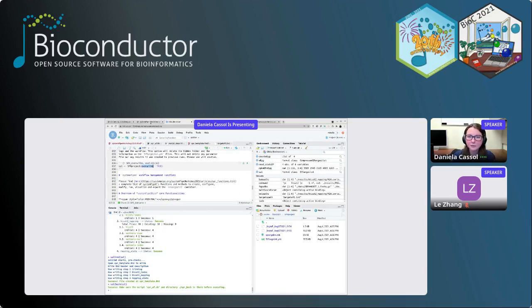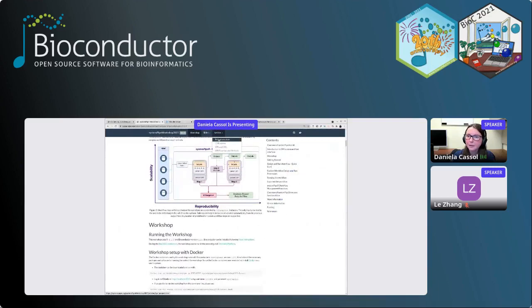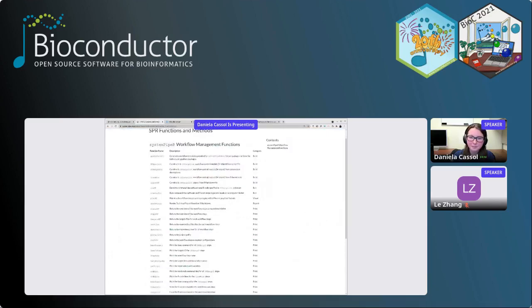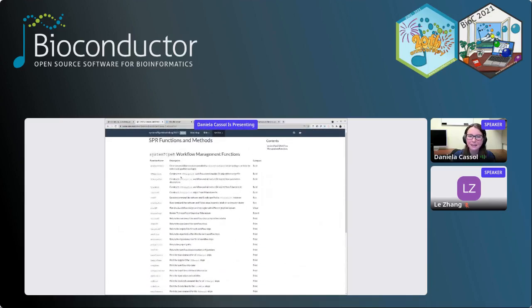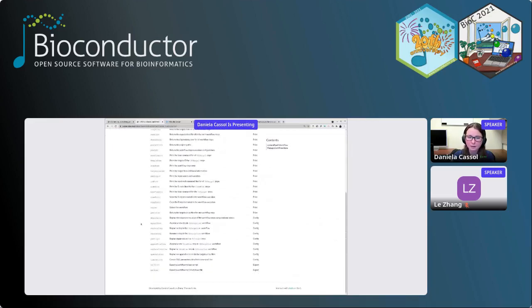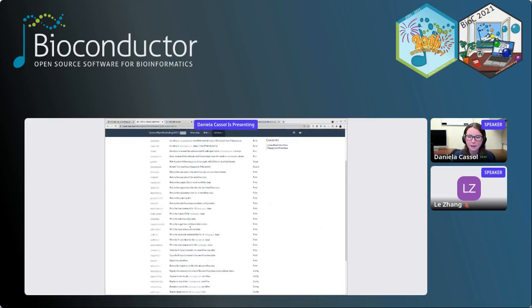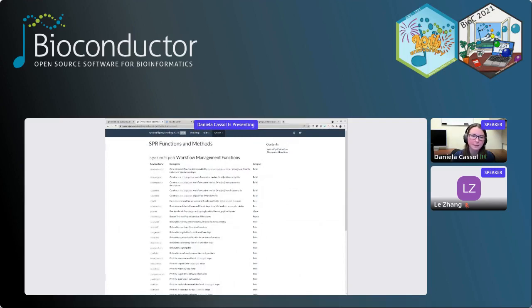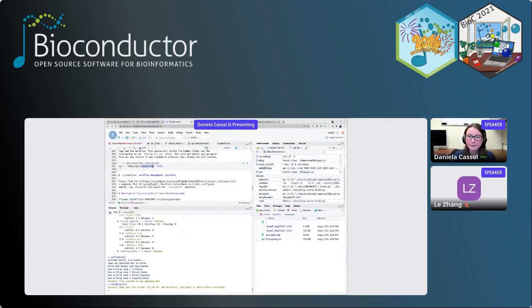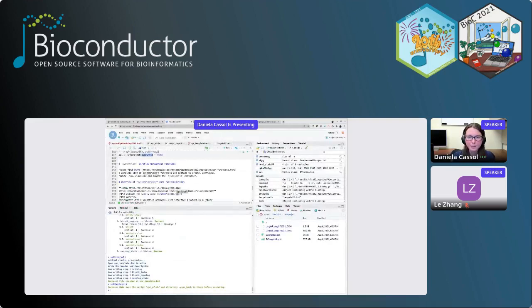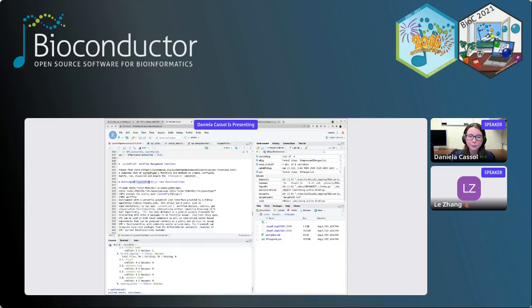Here I have a link to this page up here. So then you can see more information about the CWL syntax, the project structure, but also here you have a list of functions that interact with the SPR project object. You have a lot, not everything I could cover here because of the time, but you have a lot of functions to interact, configure, replace values and so on. It's available here. And then with that, I will invite my co-worker to give you an overview about